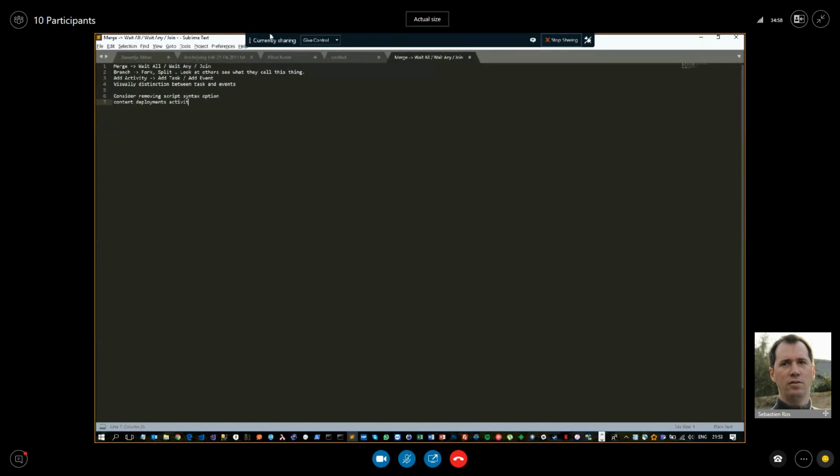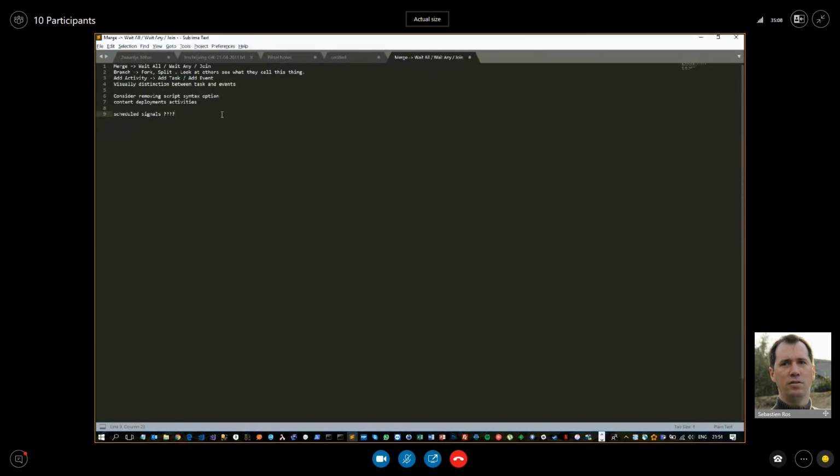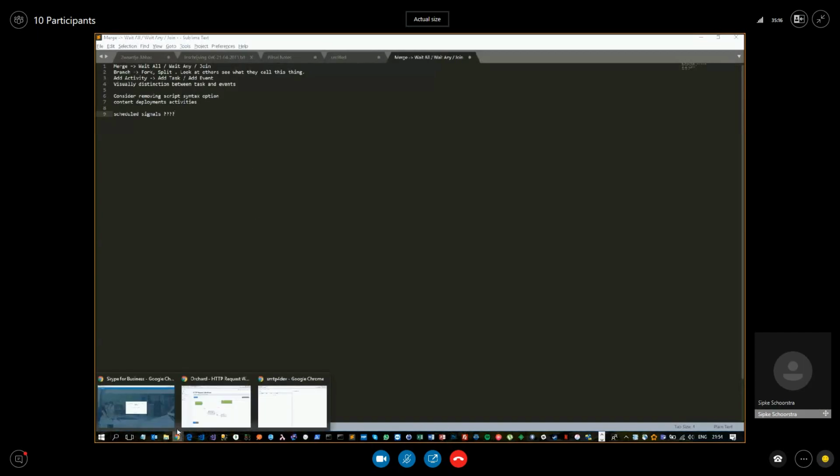Okay, but a signal can be scheduled. Not in workflow. You have a schedule module that's based on a cron activity that sends signals, and there is a signal event that will trigger a workflow when a signal is sent. So you could create a signal from anything, but a schedule is one way to create a signal. Oh yeah, the cron.